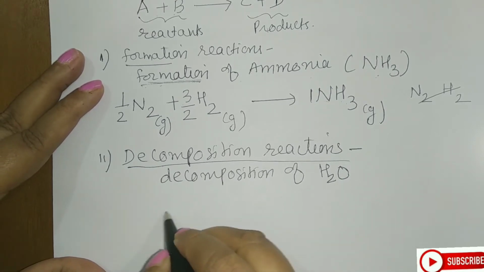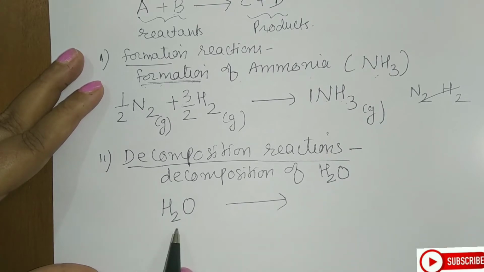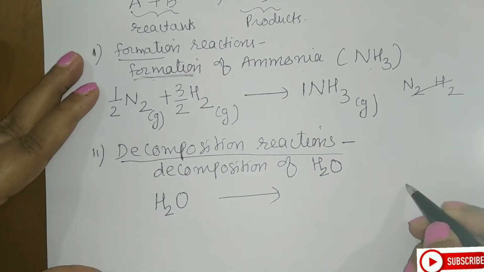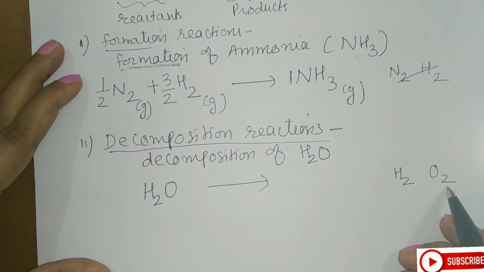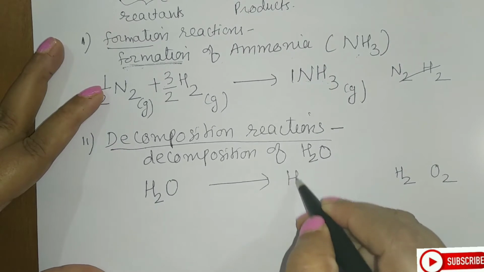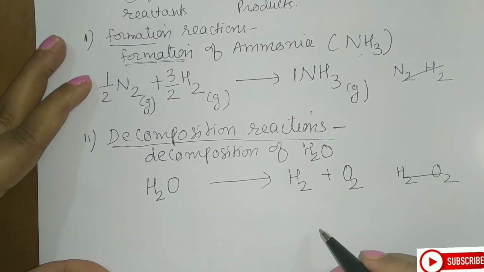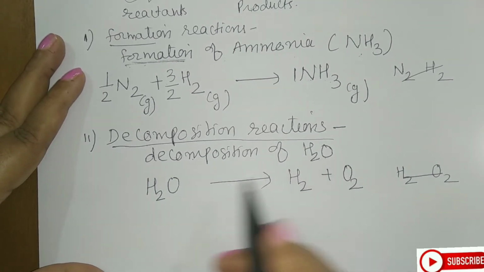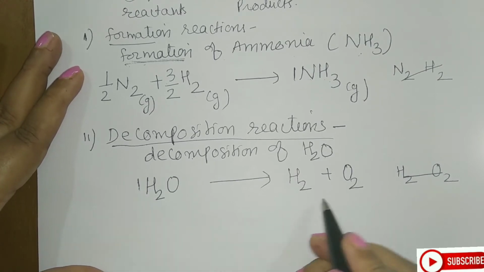Now what I am doing in the reaction, I am decomposing water. So water must be on the reactant side and then I will form its constituent elements. If you see the reaction, what are its constituent elements? They are hydrogen and oxygen. They are written as H2 and O2. So the products here are H2 and O2. Right students? Now this is the decomposition of water. So I must keep water as 1 mole. Now I will balance the equation.